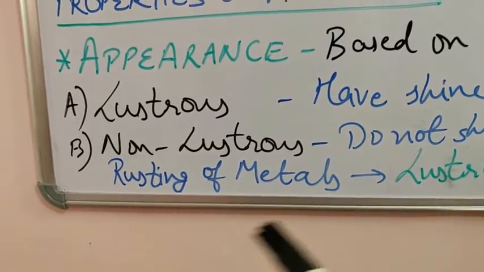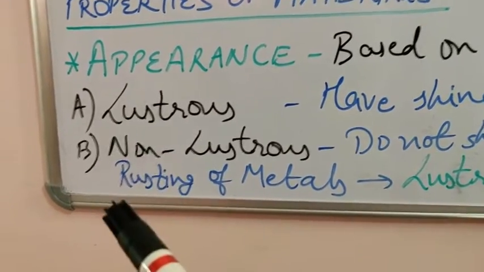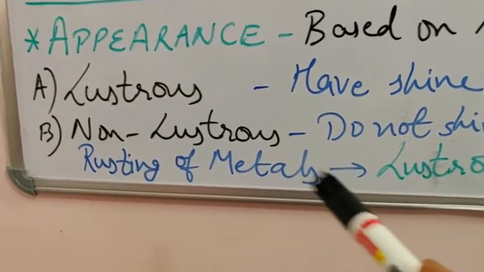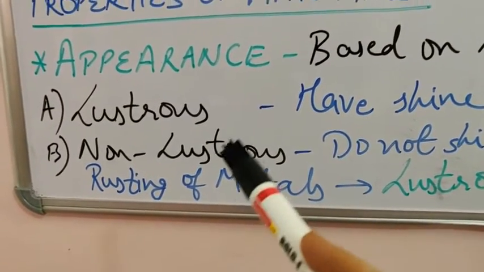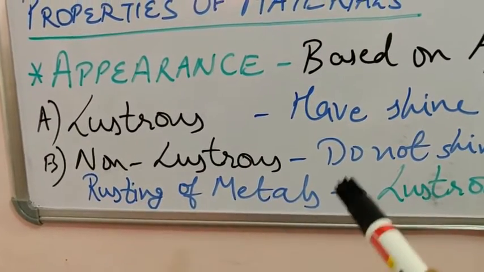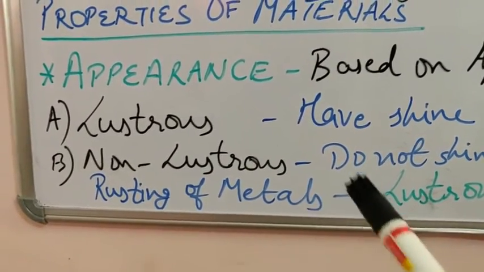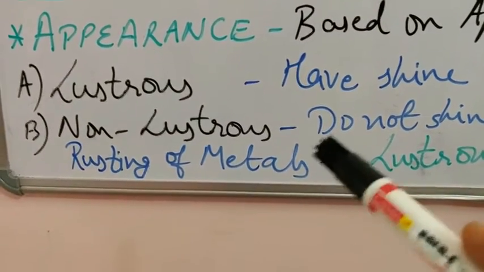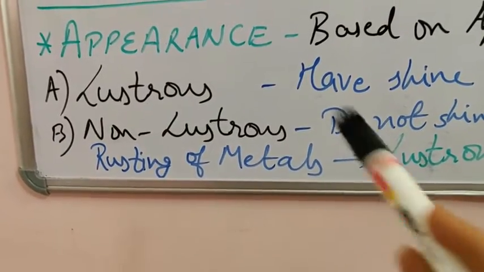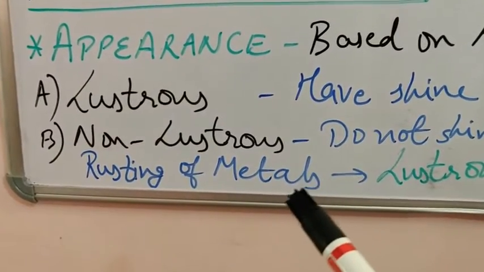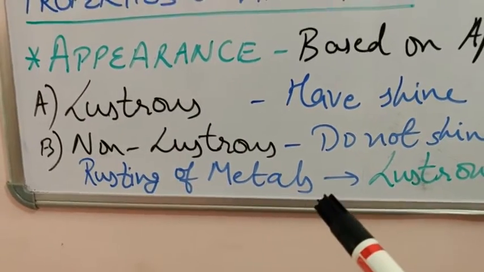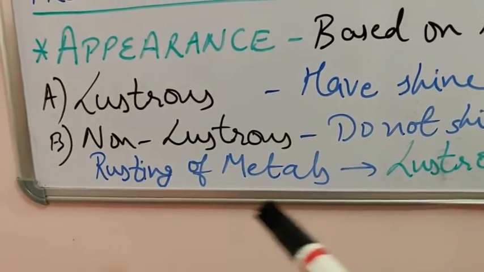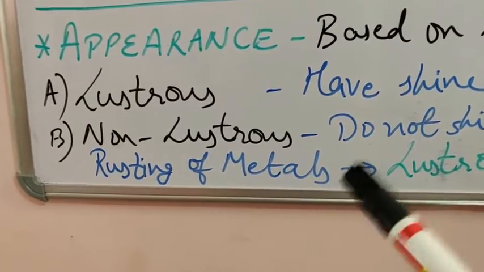Now what is this rusting of metals? Actually what happens is that oxygen which is present in the air, along with water, reacts with the metals. It does oxidation of the metals and it reduces the color. Actually it deposits a layer of dull color on the metals, so the metals appear dull, and that is said to be rusting of metals. So iron basically turns into reddish brown color by rusting. Your brass may turn into greenish or black color because of rusting. Silver becomes black in color because of rusting.